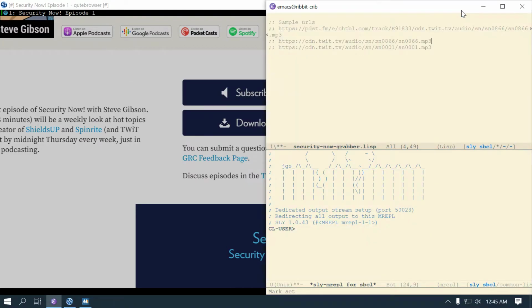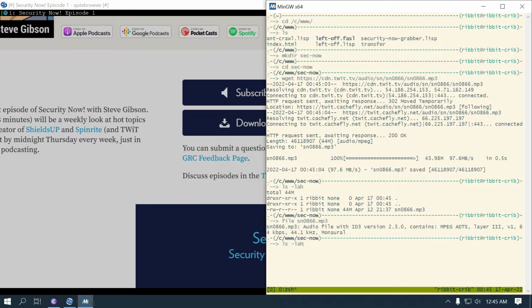So that's good. Although the links changed right here, I could get rid of all that crap and just have this. So I don't need this line anymore. I'm going to guess that from 1 to 866, if these two work, all the ones in between are going to work. What I've been doing lately is I've just been wgetting these, and it looks like they're all like this 001, and then right here 001. So I've just been wgetting this, then changing this to a 2, and then changing this to a 2. Normally I'd write a script like this in Shell, or maybe Perl, Python, Ruby. More than likely a Shell script, but